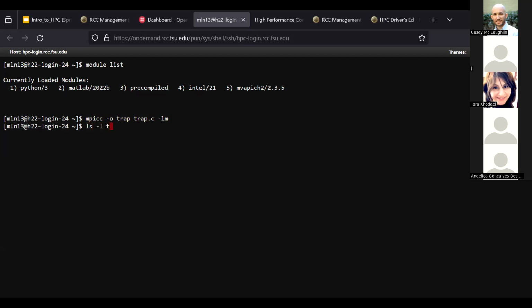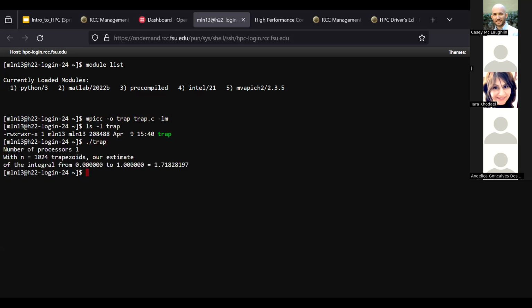And now you should be able to run the trap executable, and that's the output that you get when you're running it directly from the login node, or you would be running it from your local computer. So if we look at the trap.sh,